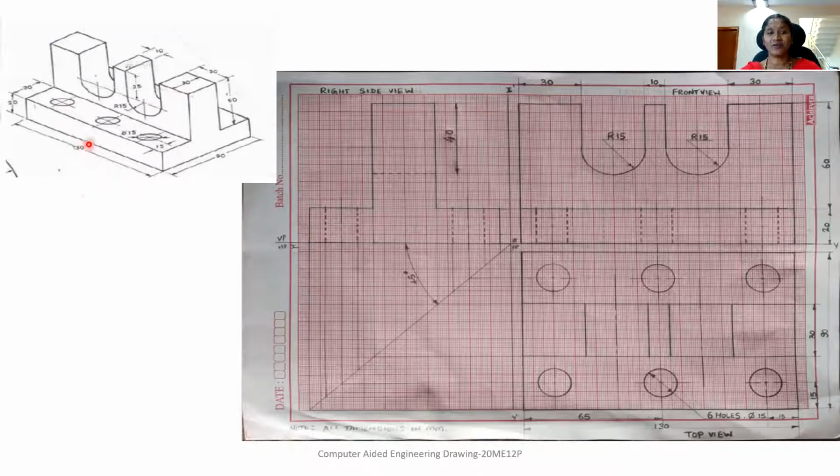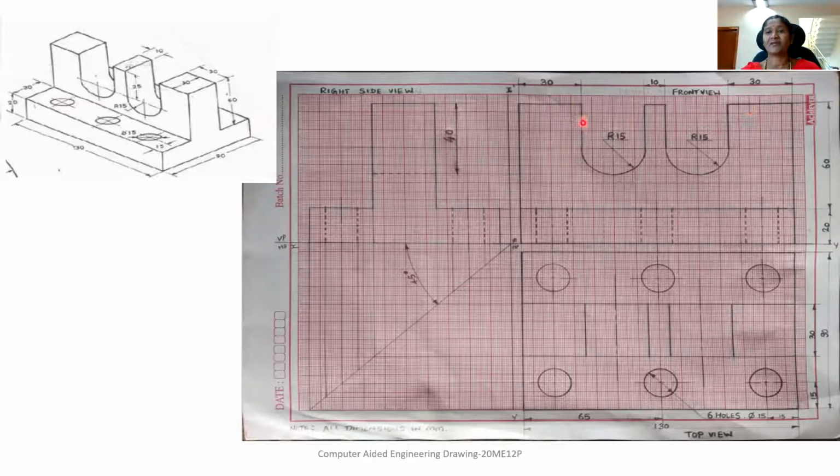Coming to the front view, I can see a rectangle of 130 by 20 and another rectangle of 130 by 60. In the sketchbook, first you draw two lines, the XY line and X1, Y1 line, which are perpendicular to each other. In this region, you start drawing the front view. First draw a line of length 130 and draw another line parallel to it at a distance of 20 mm and complete the smaller rectangle. Above this, draw another line parallel to the base line at a height of 60 mm, because this height is indicated as 60 mm here. So draw another line at a height of 60 mm from this line.